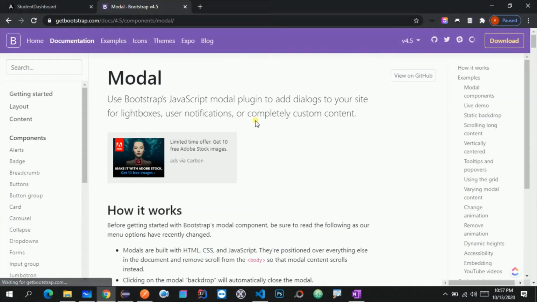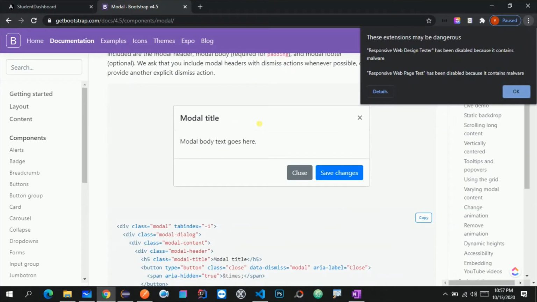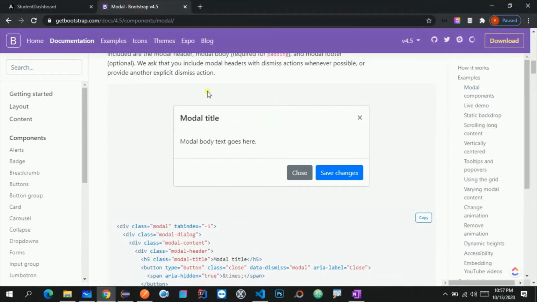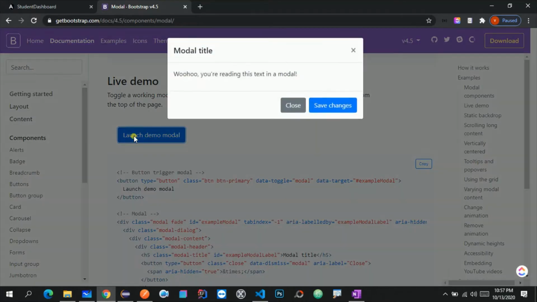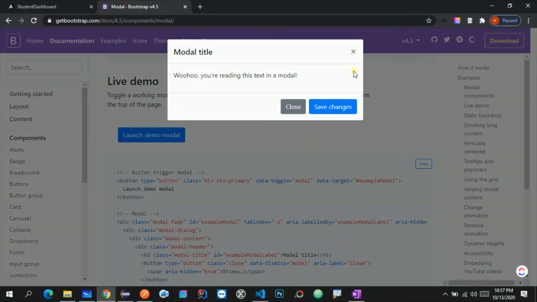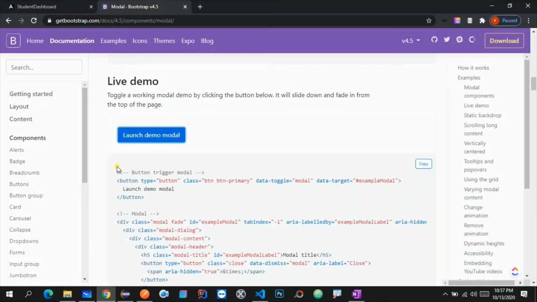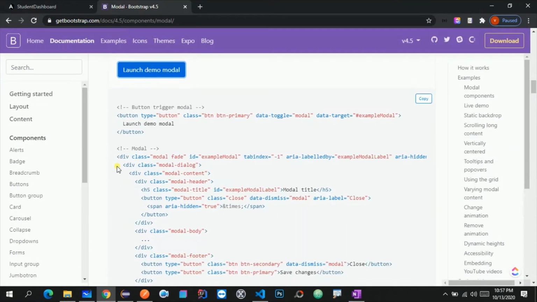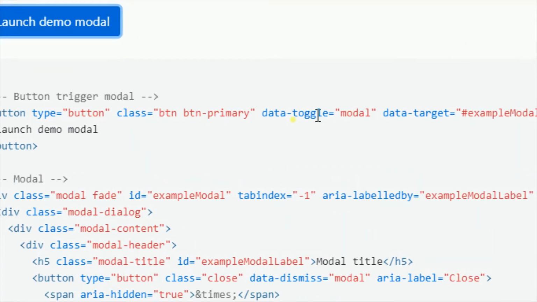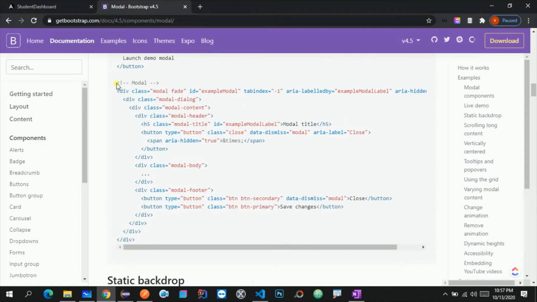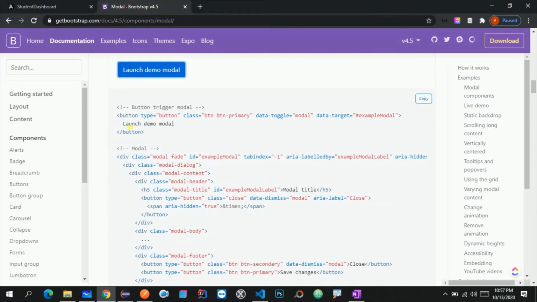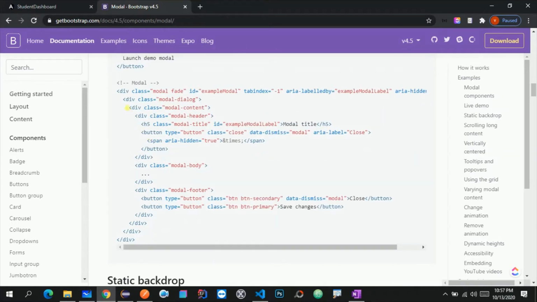This basically gives you an opportunity to use or create a dialog. So over here, if you click on this button, you are able to see this dialog, right? In our case, the requirement is quite the same, and there are some button properties that we need to add, and there is a modal. So let me copy this modal. I'm not copying the button code because we already have the button in our code. I'm just copying the modal.